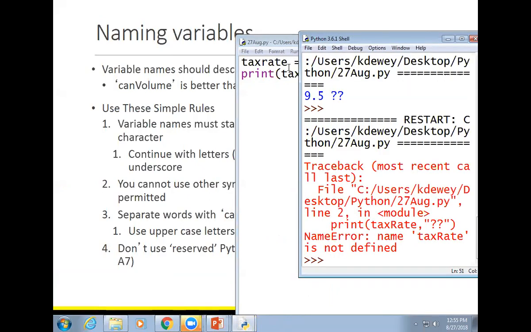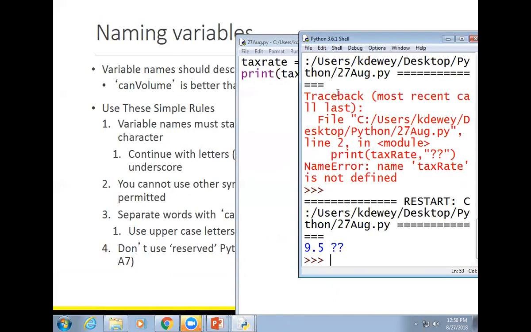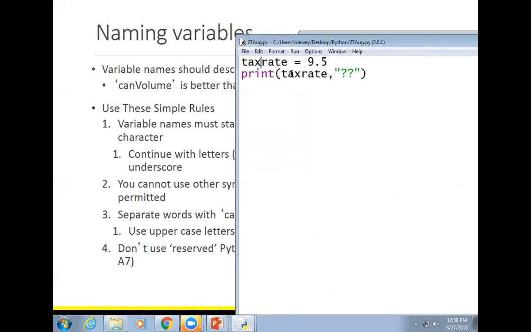It didn't work. Why? Anyone know? Did you change the other one? Exactly. I only changed it in one area. Now is it going to work? It's still going to work fine. So why does it matter? Can you just read it better? Yeah, it's easier to read. Much easier to read. And it's one of those things that if you get in the habit of doing it,